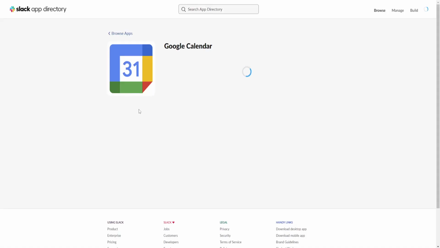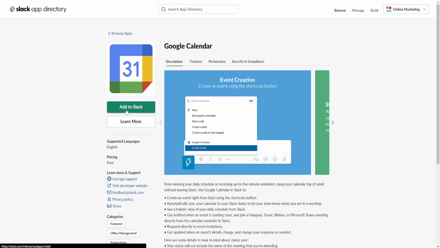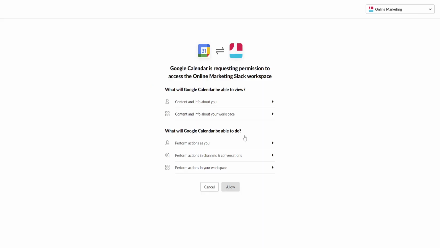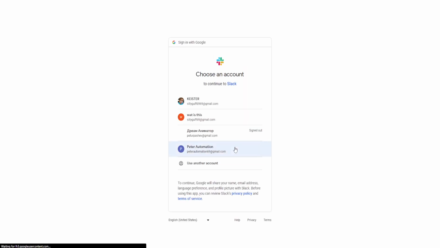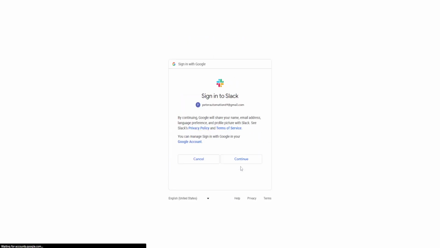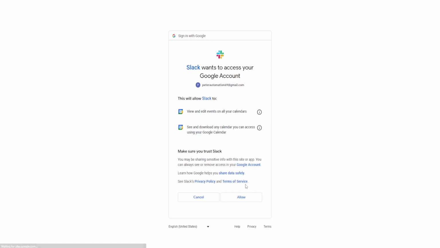Once we click on it, a new page will load, and we will see this option to add to Slack. So all we have to do is click on it, and then we will be able to click on allow. And once we click on allow, it will ask us to log in with our account here into Slack and continue. And again, we have to click on allow,